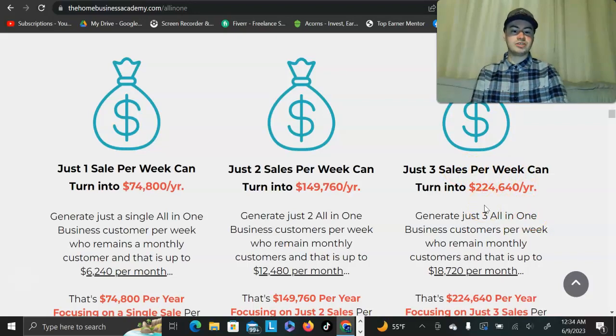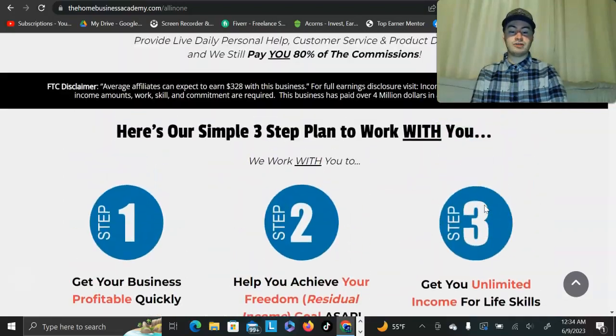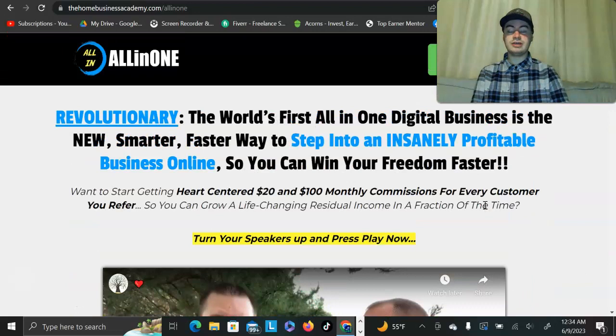And again, if you want residual income, one of the best things to do if you want to walk out of your 9 to 5 and have stability is to start with programs that pay residual income. There's plenty of other ones out there that pay high ticket, which are all great. Nothing against the high ticket programs, but with programs like this, if something changed, like for example, if you're doing